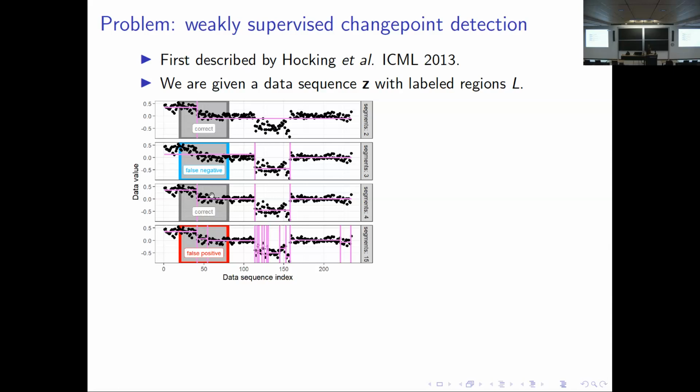False negative. Here we see it's correct again, because we're predicting a change point where the label says there should be one. And here this is a false positive because the model is predicting 2 change points in this region where the label again says there should only be 1, right? So that's too many, false positive. So in this framework,